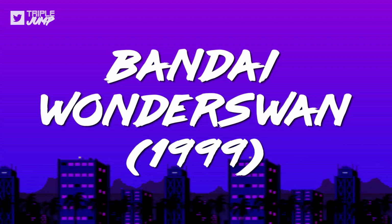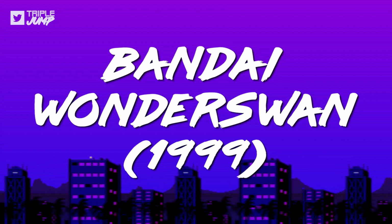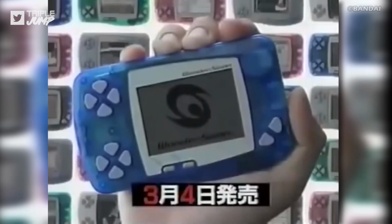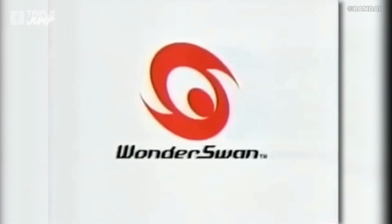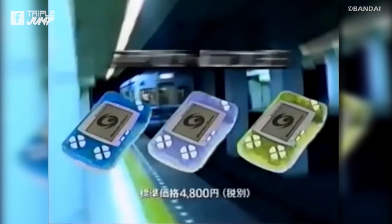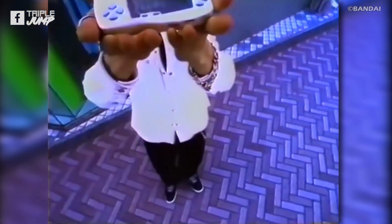Number 9. Bandai WonderSwan, 1999. It takes a thief to catch a thief, as they say. Demonstrably false, but they still say it, idiots. Anyway, the point is, if anyone had a shot at taking down the Game Boy, it would be a man who helped develop it. Gunpei Yokoi left Nintendo in 1996 and soon started to lead development of the WonderSwan for